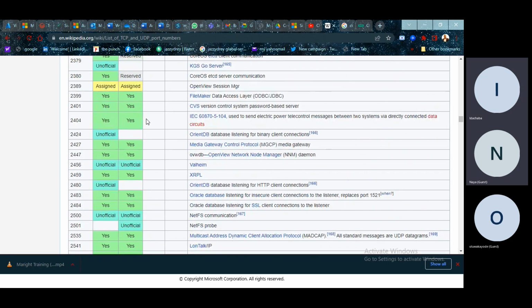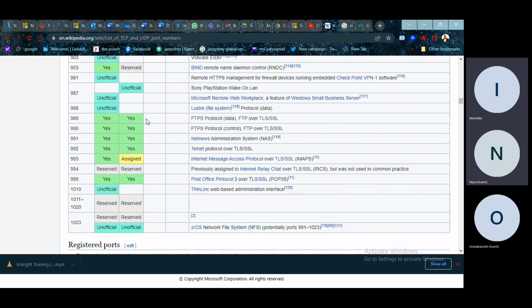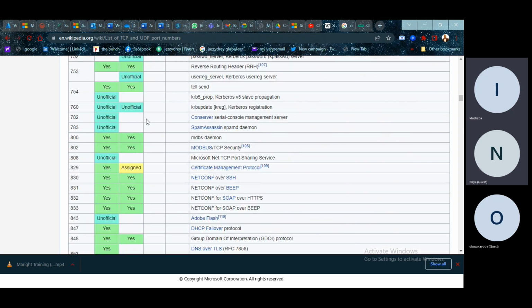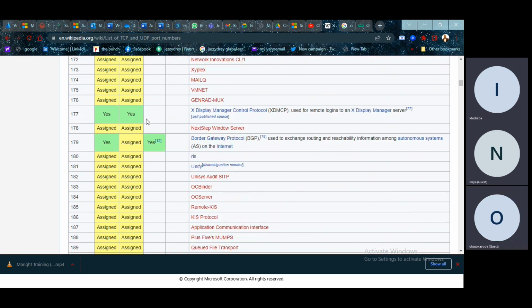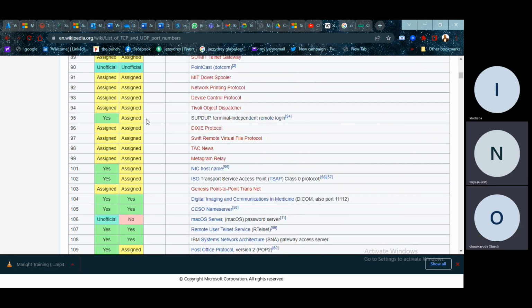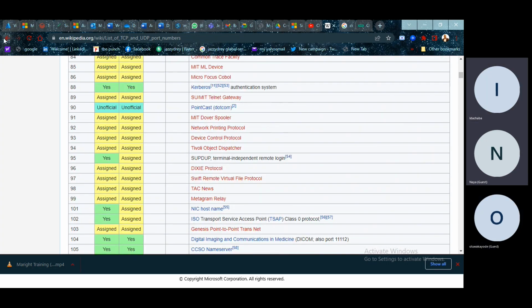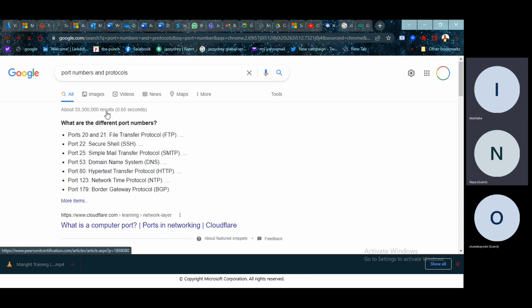So there are other ports too. Maybe your DNS port, there are other popular ports, okay? Maybe your SSH ports. So all these numbers you are looking at, they are ports. Do you get? Okay, look at this. These are